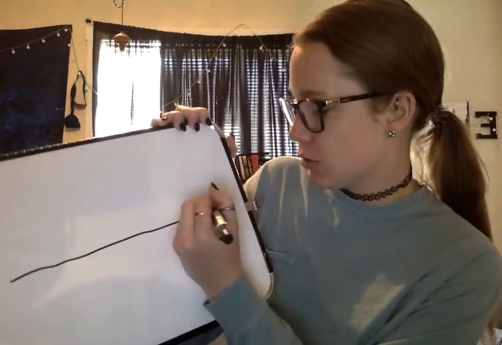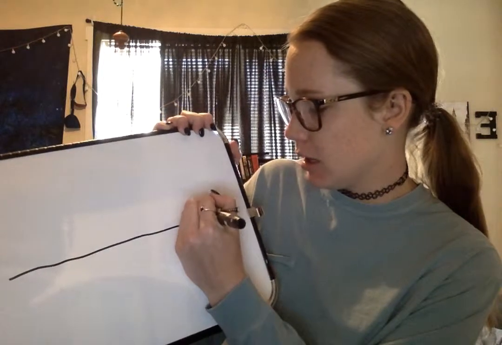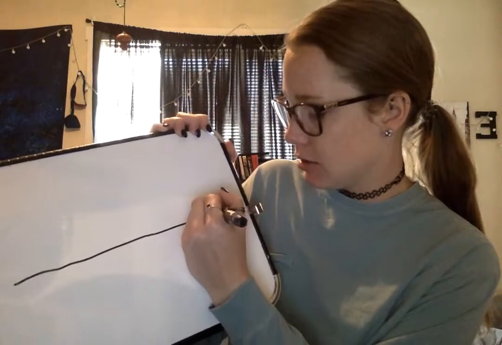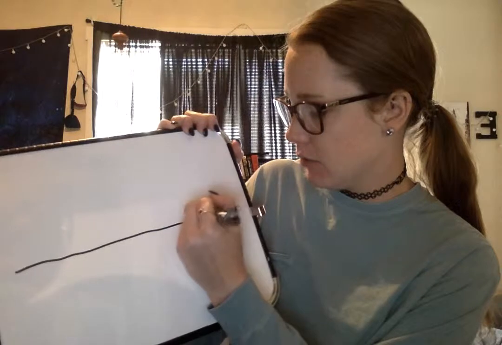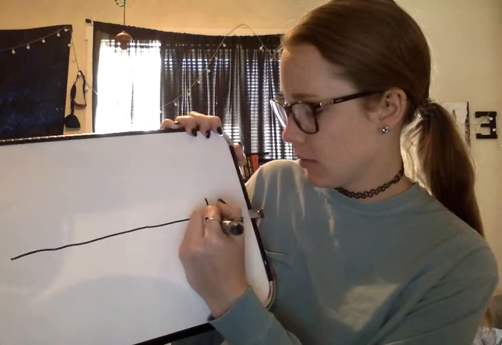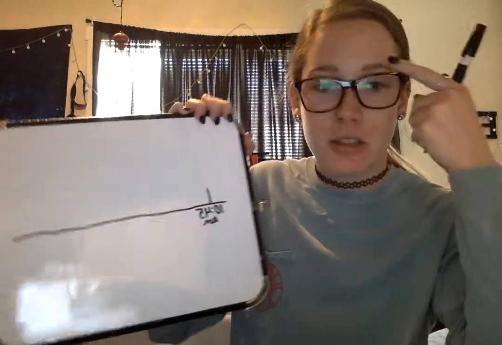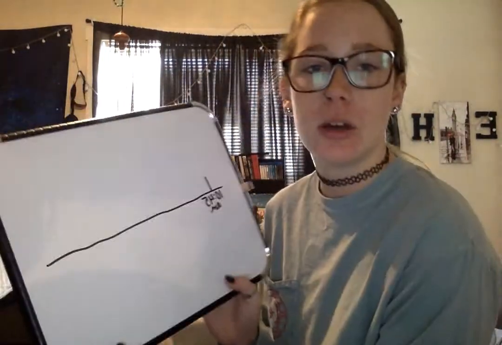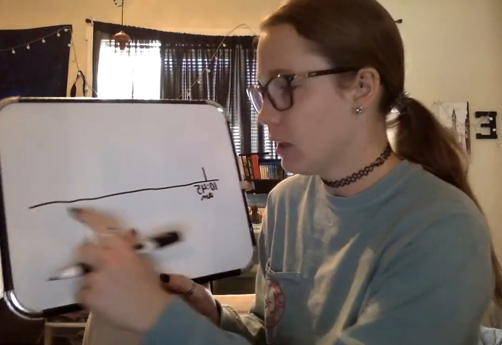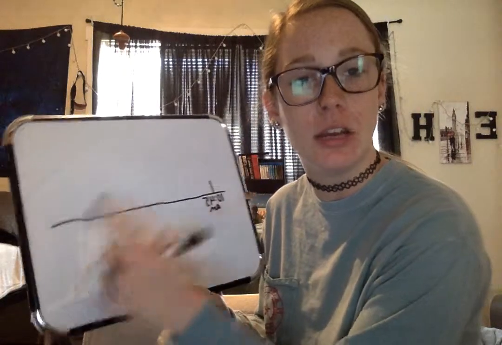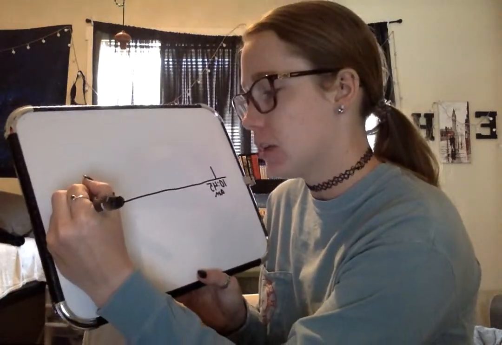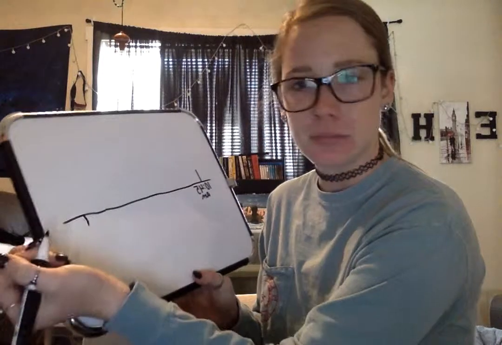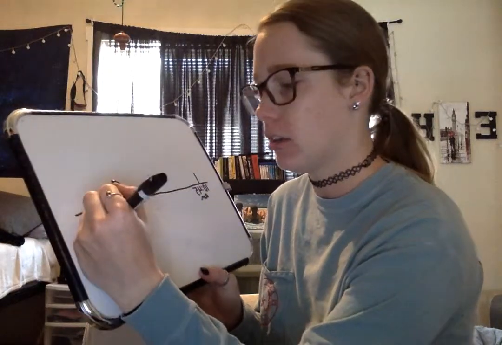So first you're going to start by putting when school starts, right here, and we'll say it starts at 10:45 a.m. Then you have your start time right here, and then you're going to go to the end and write your end time for school. So let's say it is 3:30,